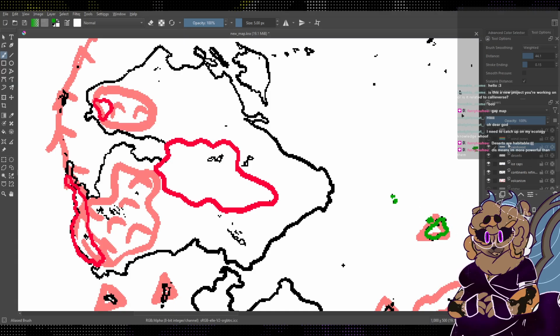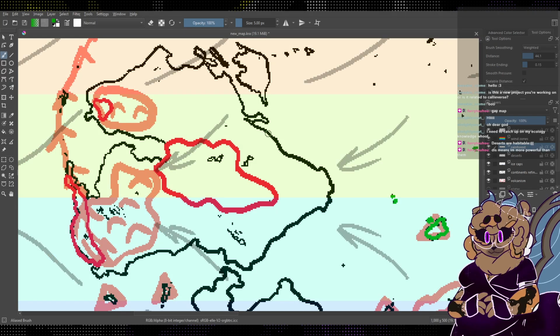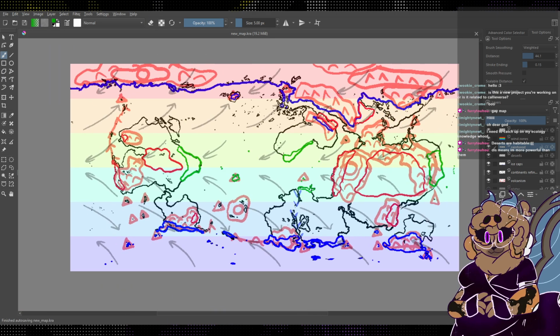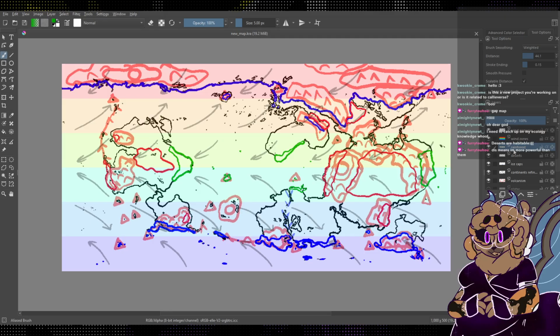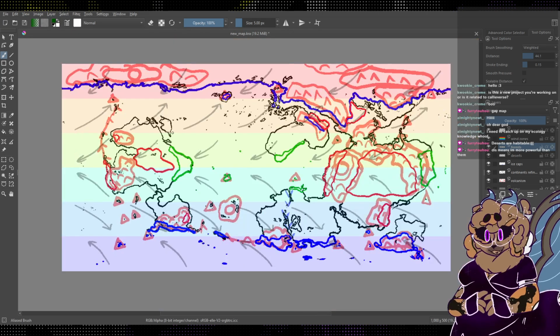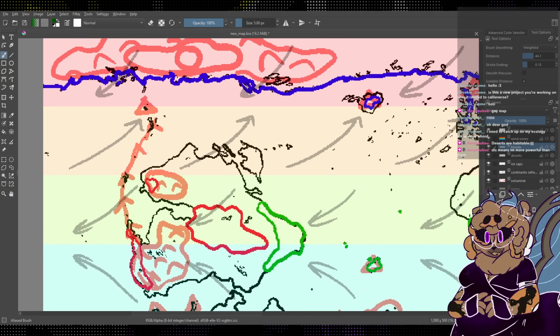Let's get our rainforest color back again. And then have our rainforest right here be just like that. That's a pretty good looking rainforest. There's not really going to be a whole lot of tropical rainforest on this world. Actually, we're going to turn this into our forests layer, so just all forests. That's our tropical rainforests. We're going to go with this much darker color for our 45 to 60 degree latitude